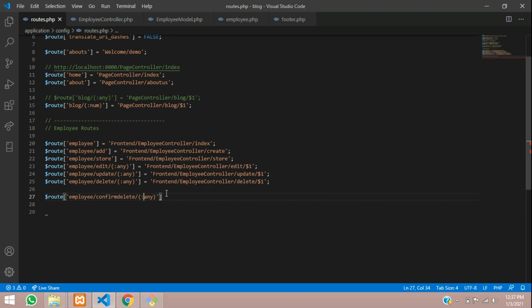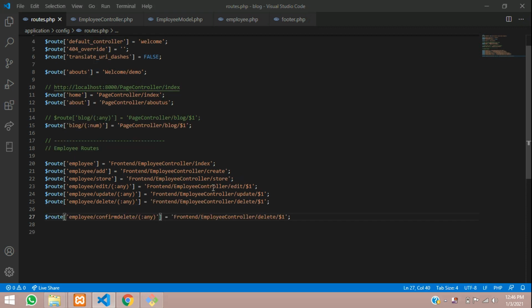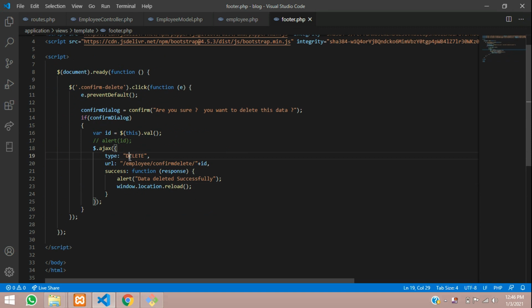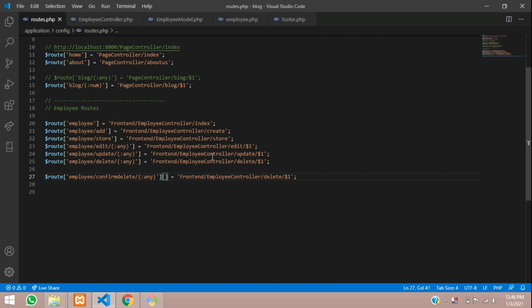So let us save this, and now guys, you have to pass the controller where we are reaching it. So we will use the same controller for deleting purpose, because if you type the same query again, it's not a good habit. Okay, so now let's check what we are going to send. As you saw in our jQuery, we are using this type delete, so let's set this delete. Let us copy this and get back to our route, and paste it over here. So this is the method which we are going to pass. This is one method which we'll use for deleting purpose.